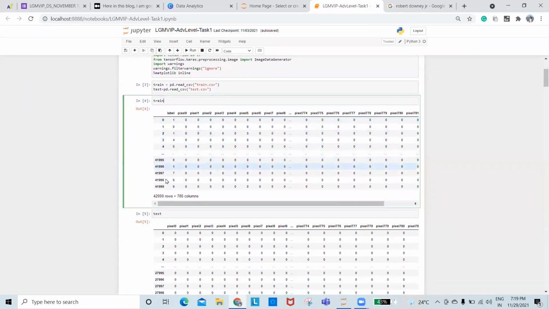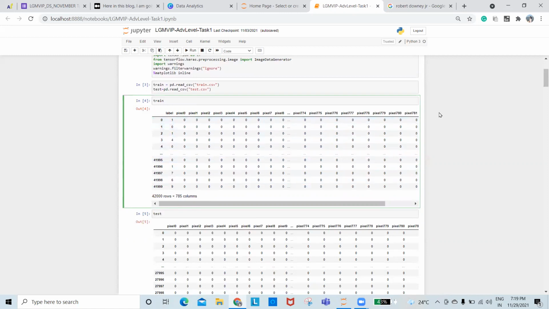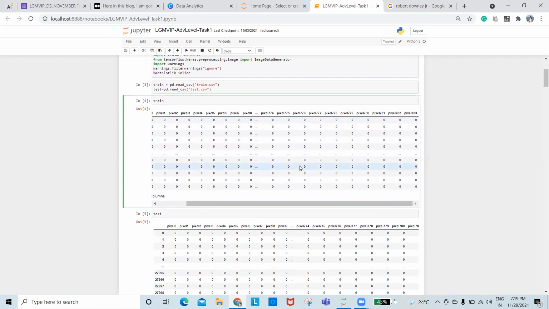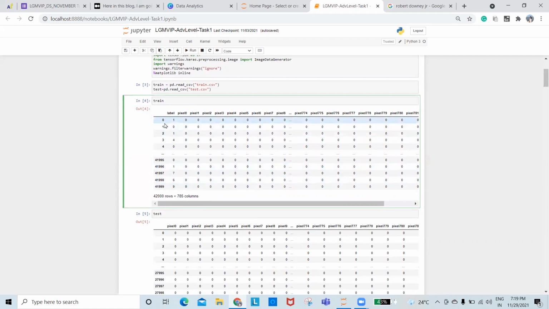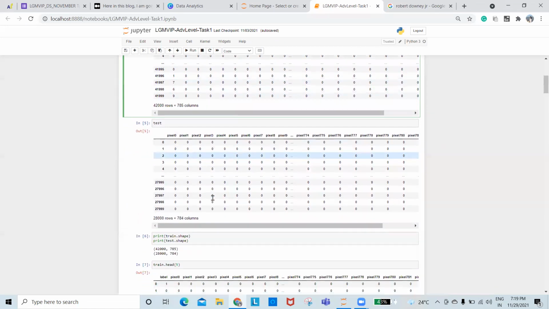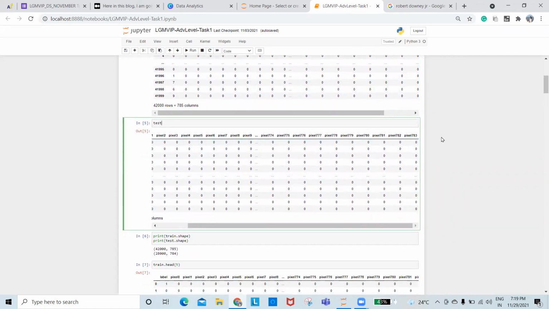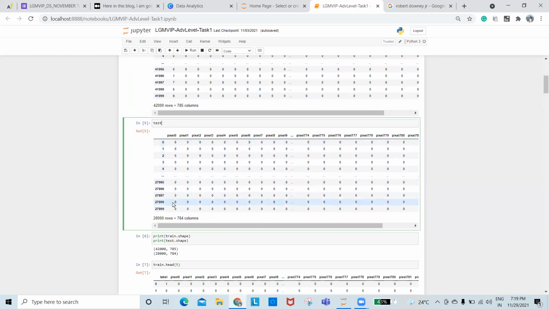It has 42,000 rows and 785 columns: label, pixel 0, 1, 2, 3, and so on up to pixel 783, and the rows go from 0 to 41999. And this is how the test looks. It has pixel 0 to pixel 783 and 28,000 rows.